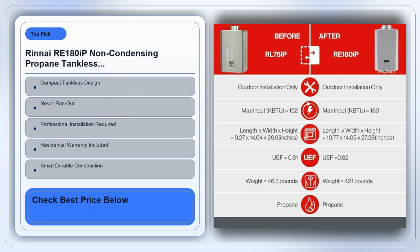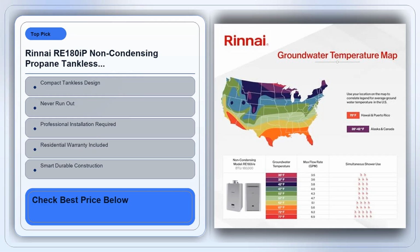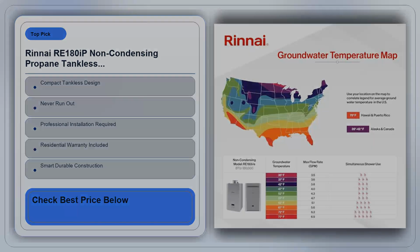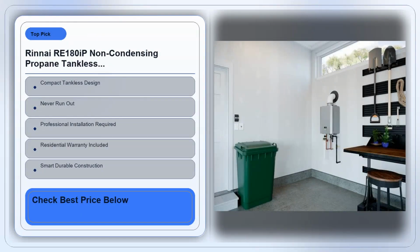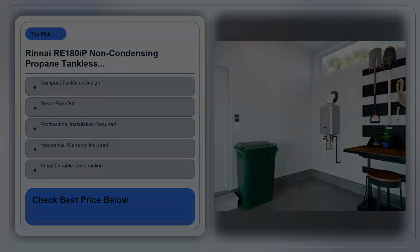Conversely, if you have a larger family, a high demand for simultaneous hot water, think multiple showers, a laundry load, and a kitchen sink running all at once, or you're on a tight installation budget, you might want to look at either a larger capacity tankless unit or a hybrid system that combines a small tank with a tankless heater. The RE180iP will do the